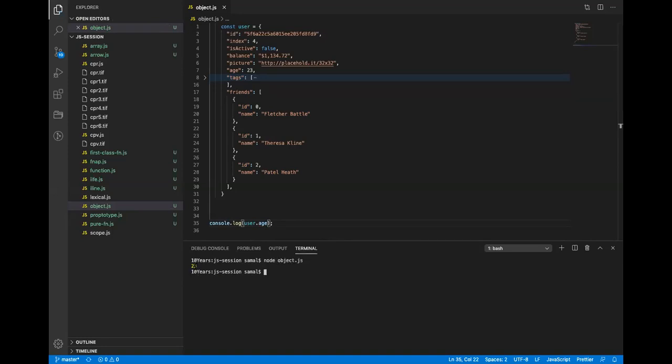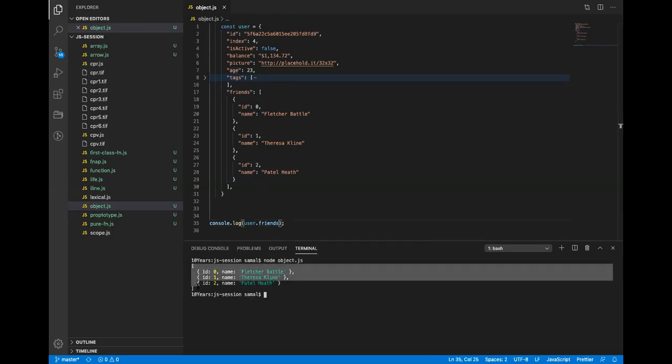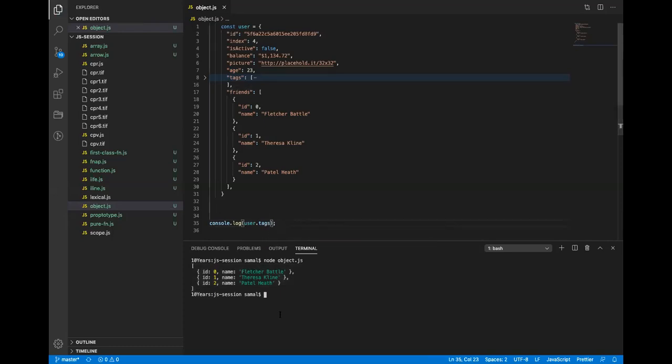So I will use the user object name and then this key. If I use user.friends, it will print out all the values in that key. It is again an array of objects. I can use tags, it will also print the value. Again, I can use another key and it will print the boolean value. Okay. Let me go back to this.